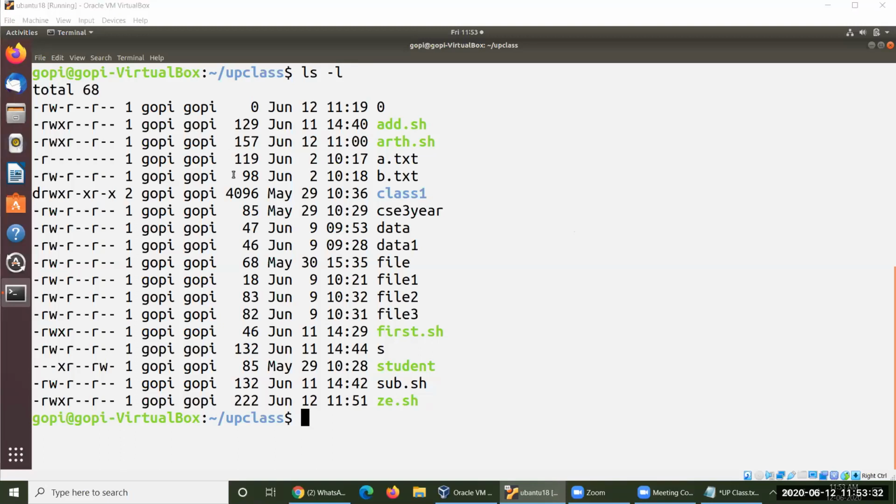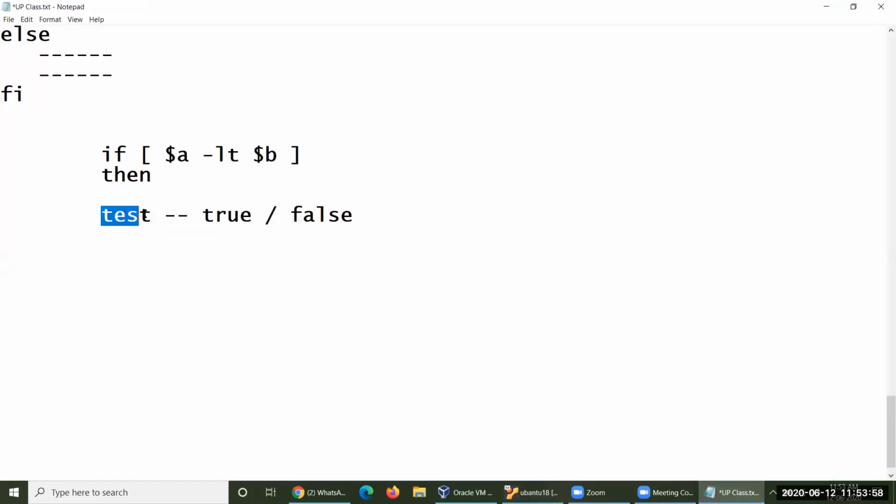What specific attributes or permissions have been given for the user, in the sense RWX? How many permissions have been given for the user will be checked. This is the kind of issue we would like to take into consideration with this test. Test is always trying to check whether the given parameter is a file or directory. If it is a file or directory, what kind of permissions have been given to that particular file will be checked in a proper way.